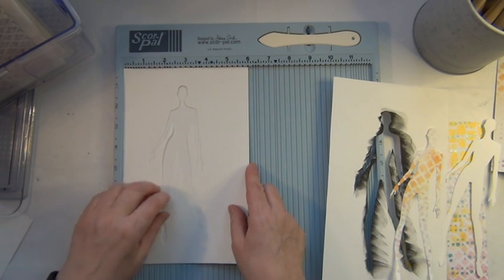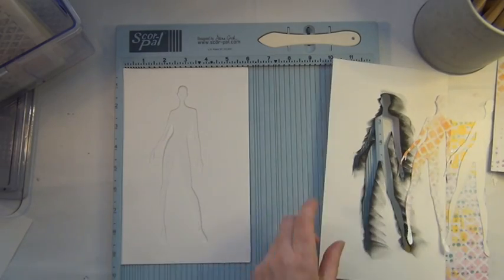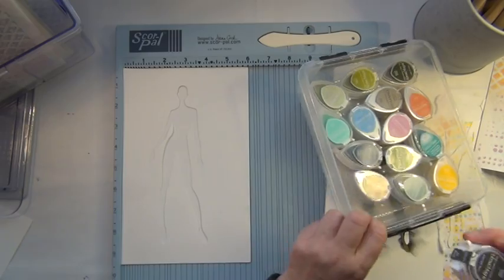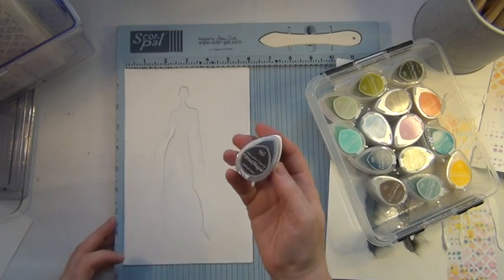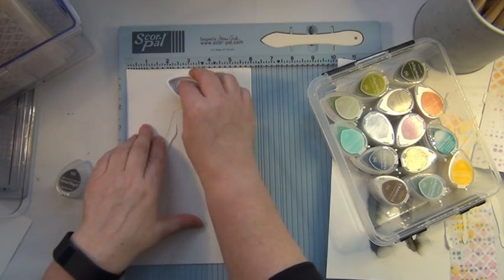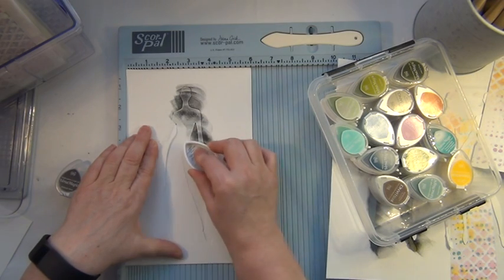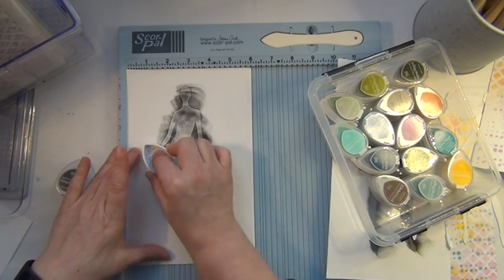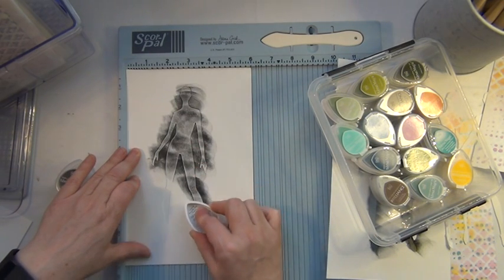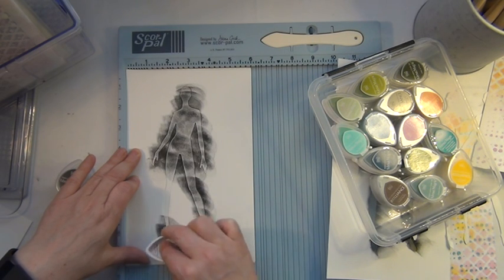I'm going to use this scoreboard just to keep the paper in place. I think that it's really handy. And to start off, I'm going to use some black ink. I do find these small ink pads really handy when it comes to colouring in things like this. And I'm just going to dab the ink around the shape of the girl here. So I'm just trying to create a black border around it,